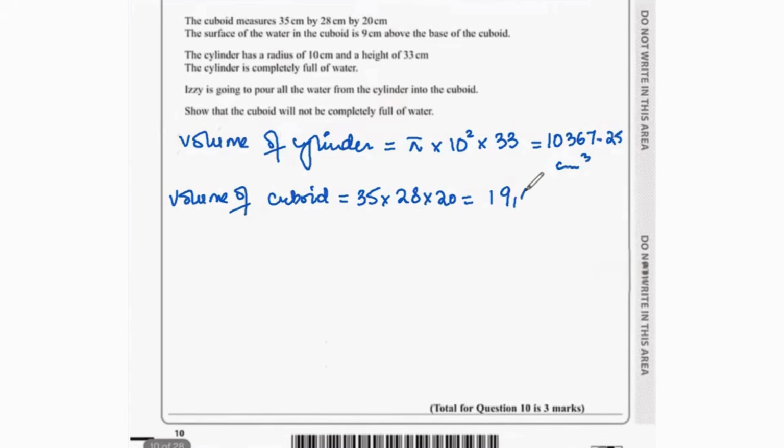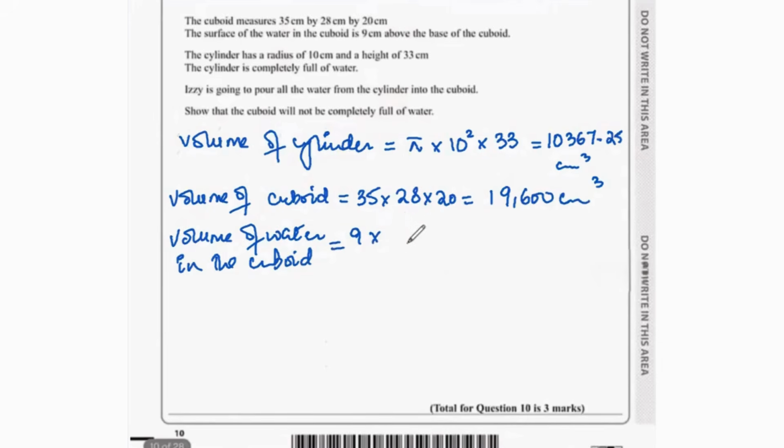That's 19,600 centimeter cube. Then volume of water in the cuboid, that's going to be 9 times 35 times 28. That gives us